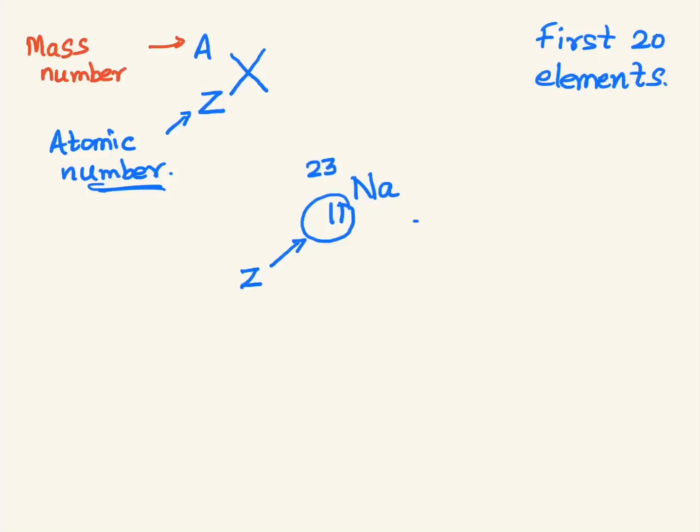Go ahead. What number is 23? What does it represent? Good. This is the mass number. Here at the head, it is being written as a, very good, superscript. And what is the symbol used to show it? A. Good. Now, from these numbers, let me write it again for you.